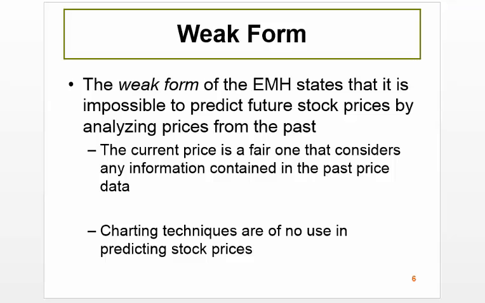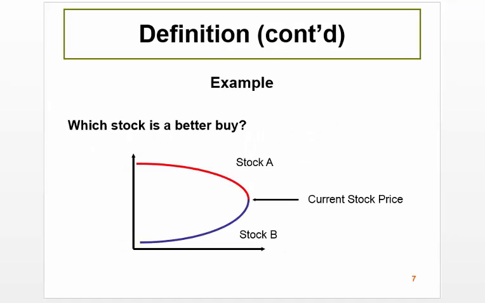Well, there are going to be three different types of the efficient market hypothesis, and all of them say that you can't do that, right? That you can't use that past information. So even in the weakest form of the efficient market hypothesis, basically all technical analysis is useless. Let me give you an example. Which one of the following stocks would you buy? Would you buy stock A? Would you buy stock B?